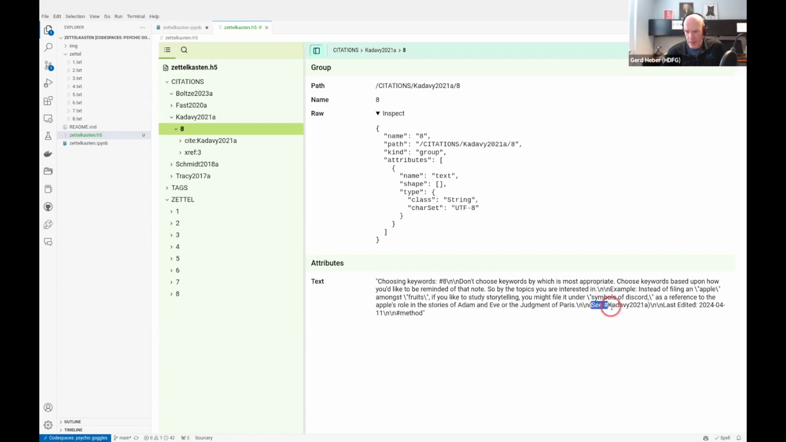And then down here is the reference to this reference that was labeled as Category 2021A. And then here's the last edited date. And it was tagged also with method. So that's cool. And we see already the links at work through this interlink structure. And this is where the use of HDF actually pays off, is that since we can arbitrarily interlink things,